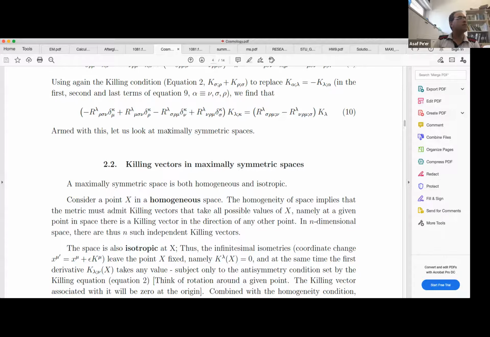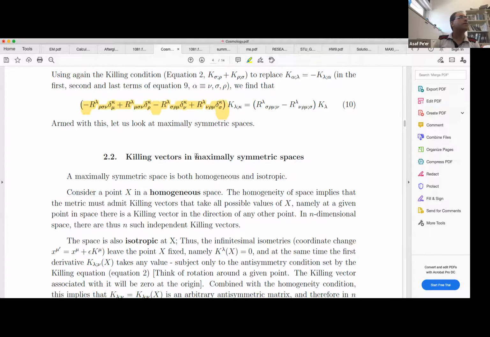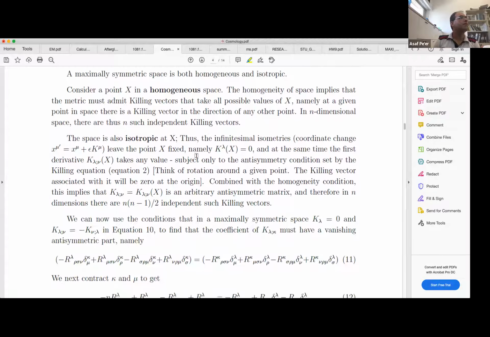So this is in fact identical to what's written here. In fact, I can actually write on that. This part, okay, is in fact, if you look at it, exactly